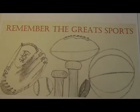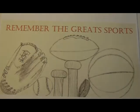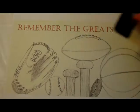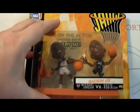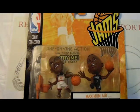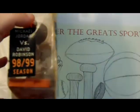And many of you know that I'm a big Spurs fan. And I love David Robinson. I mean, I try to collect everything that I don't have of his, at least one time or another. And I saw this sitting on a shelf. And this is a Mattel figurine, NBA Jams. And it is a dual David Robinson, Michael Jordan